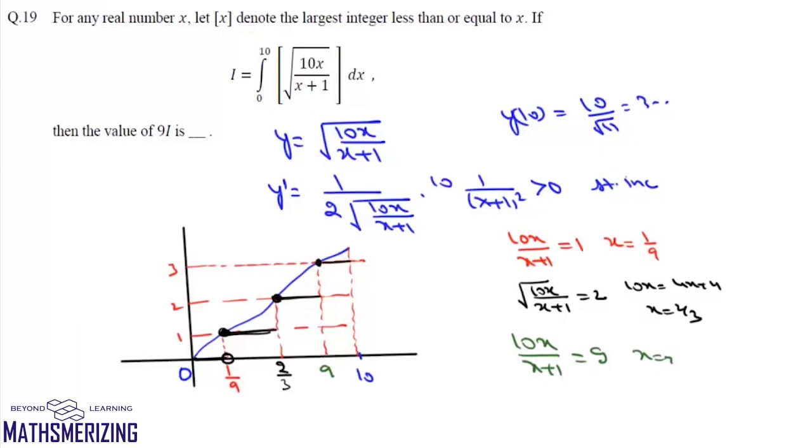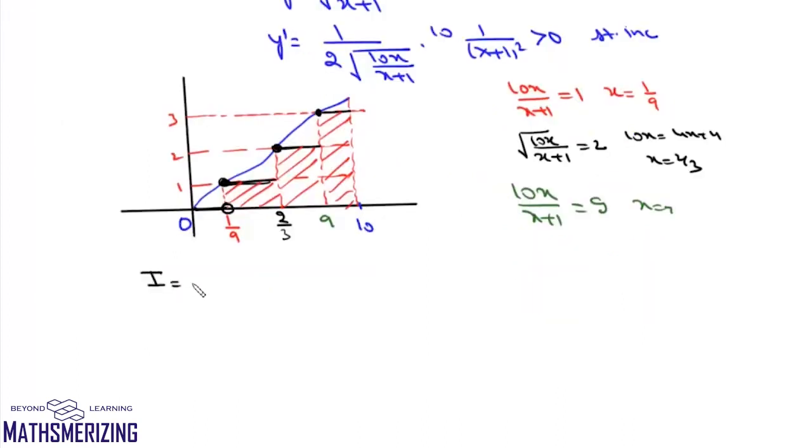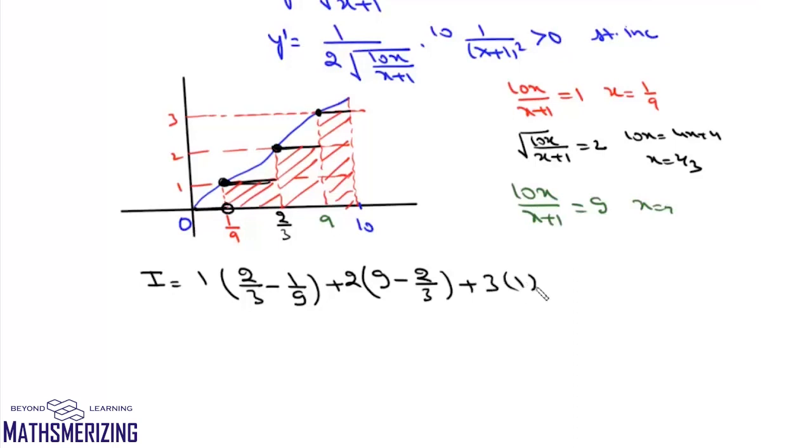Now this integral is nothing but this area. So value of this integral will be 1 into 2 by 3 minus 1 by 9 plus 2 into 9 minus 2 by 3 plus 3 into 10 minus 9, which is 1, and this is 5 by 9 plus 18 minus 12 by 9 plus 3,